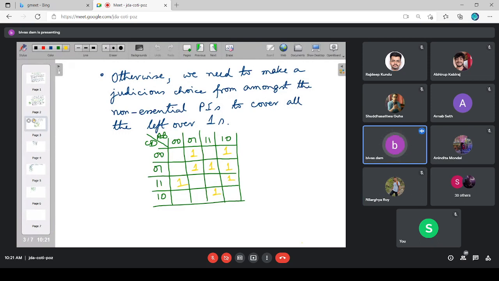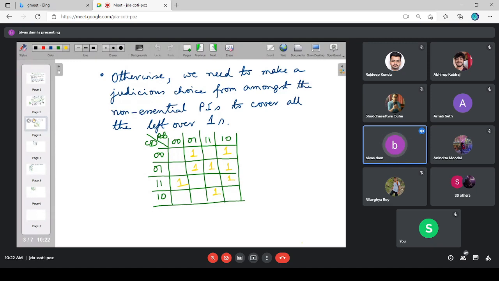Assume that there is one hypothetical combinatorial design problem. It consists of 4 input variables and only one output function. Given that problem description, I have obtained the truth table, and from the truth table, I have constructed this kernel map. As the number of input variables in that function is 4, the kernel map will also be a 4 input variable kernel map.